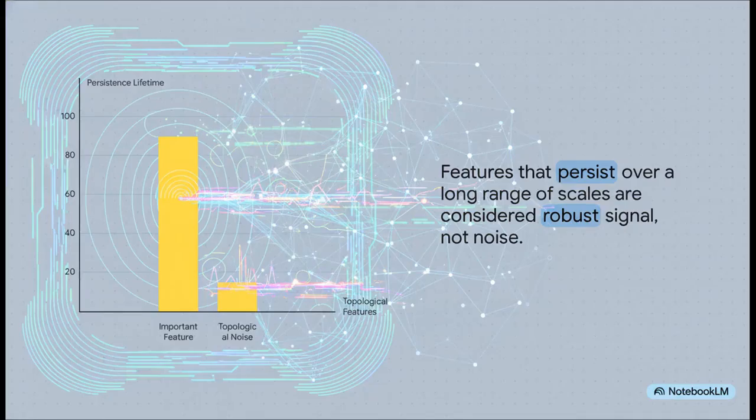And this gets us to the core idea, which is called persistent homology, and it's just brilliant. See, features that are real, the ones that are part of the data's true shape, they're going to stick around for a long time as you grow those balls. They're persistent. But the features that are just noise, they'll pop into existence and then vanish almost immediately. So, when you plot it out, the long bars are your signal, your real structure. The tiny little short bars, that's just the noise you can safely ignore.